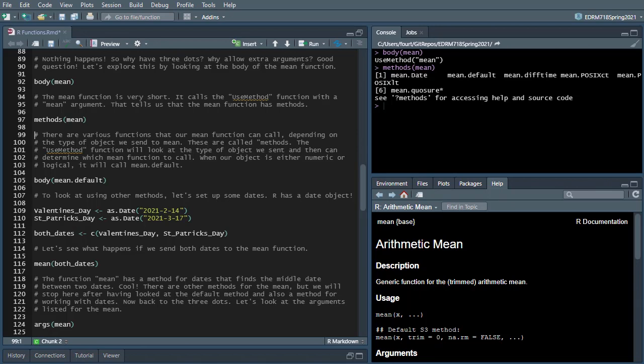There are various functions that our mean function can call depending on the type of object we send to the mean. Obviously, you and I, when we think of the mean, we think of sending a bunch of numbers. You add them up, you divide by how many there are. What's so hard about that? But in fact, in R, the mean function can do a variety of things, even when we don't send it numbers. The UseMethod function will look at the type of object we sent and then determine which mean function